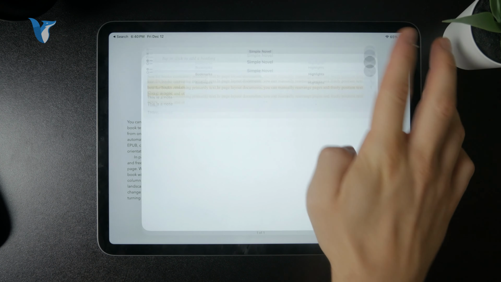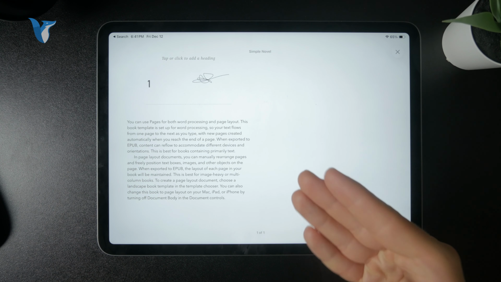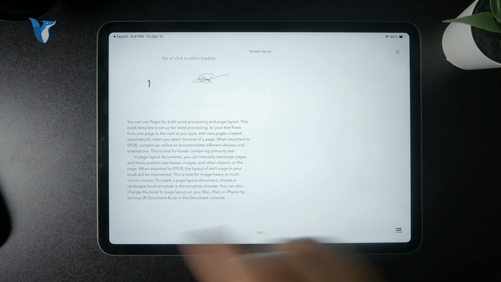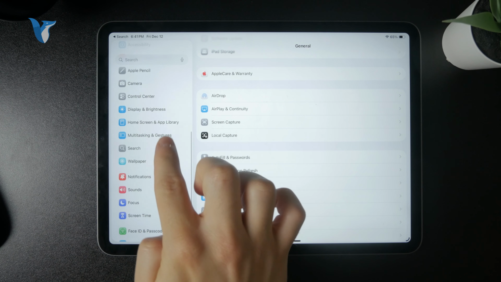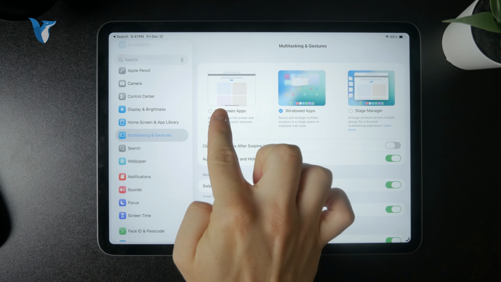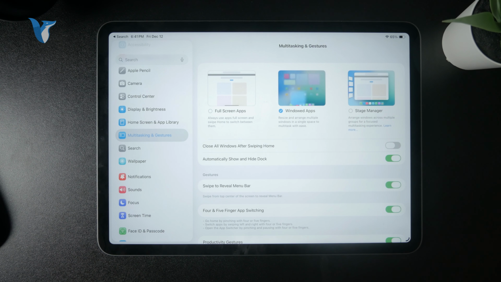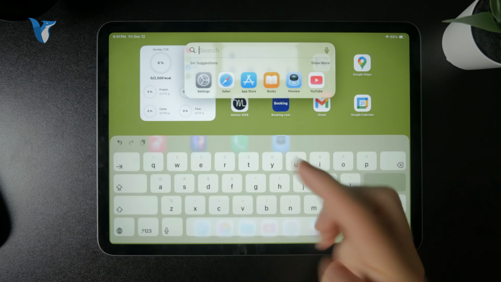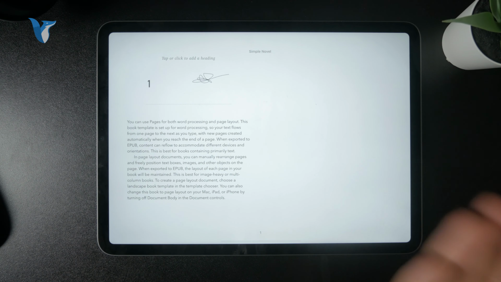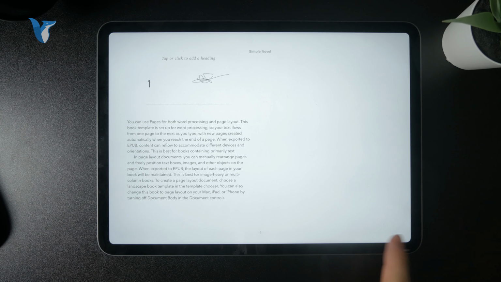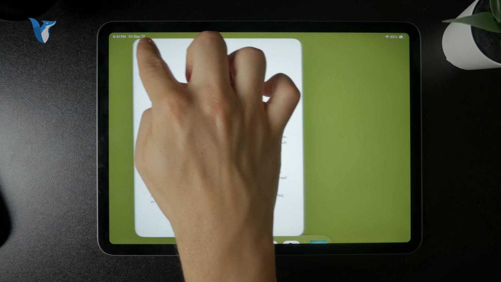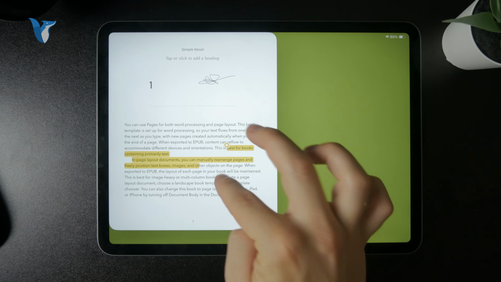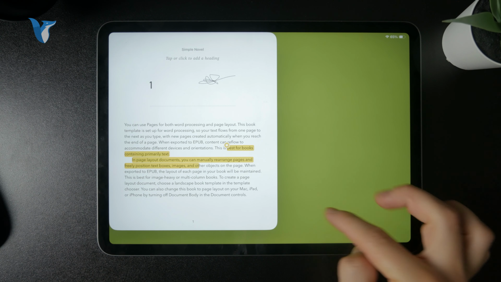However, through the multitasking features, we have the ability to open more apps at the same time. So make sure you go to the settings, tap on multitasking and gestures, and ensure that you are not on the full screen apps only, and that you are on the windowed apps at least. So that means that I can go to my books, I'm reading my book, whatever, and I'm going to grab the bottom right corner to make the window smaller like that, right? So I'm still able to see all of the text and scroll through and everything, but outside of the book,